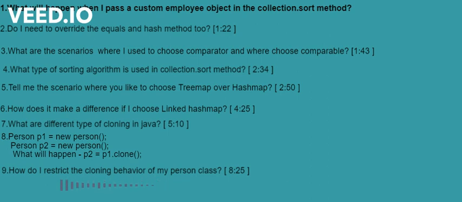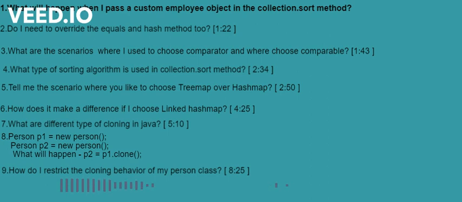HashMap is something where we have key value combinations, and all the maps have key value combinations. What I want to say is that in HashMap we only have a key value combination, and we just need to give the key and get the value. That is the only thing. But if we want to maintain some order, we cannot go for HashMap. In that case we should choose the TreeMap.